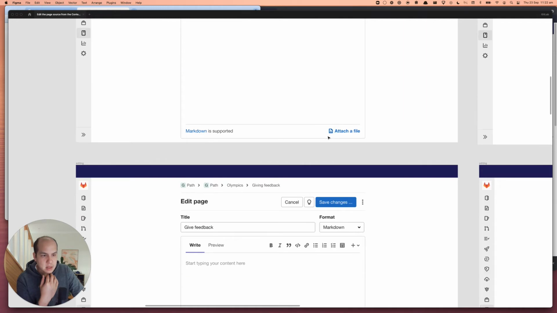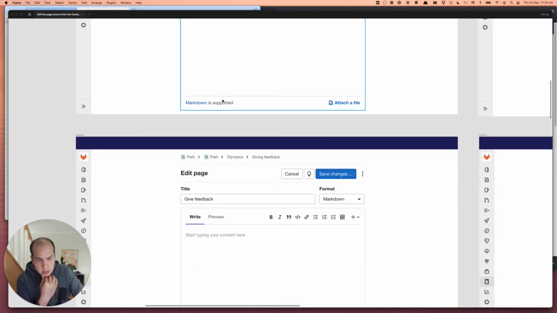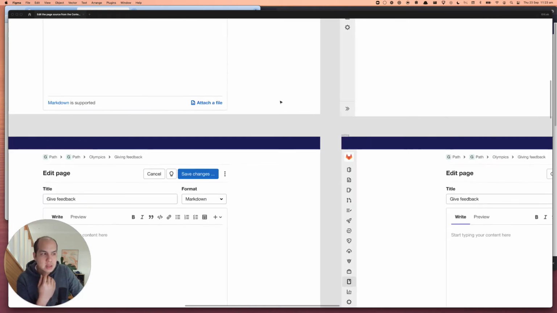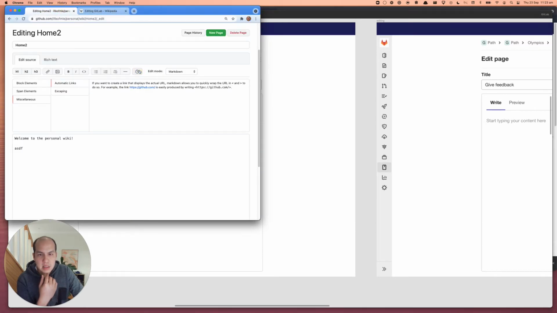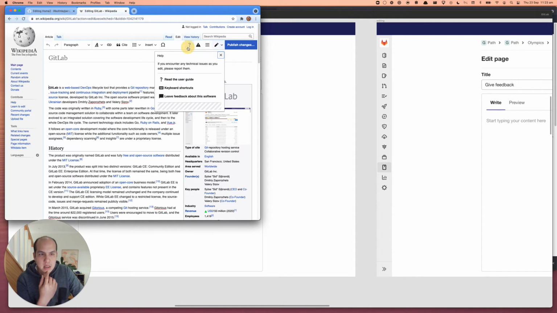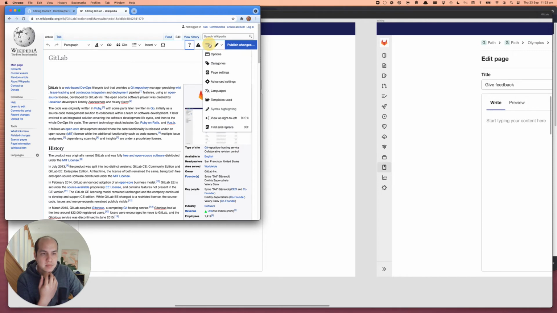Moving down, I noticed that with the difference between the classic editor and the content editor, there's this little footer here, but there's no footer over here. I thought about changing how that could be. This was influenced by this, where you have the ability to see tips and help on how you might write Markdown, so keyboard shortcuts and things like that. I don't know if they have guides here, but